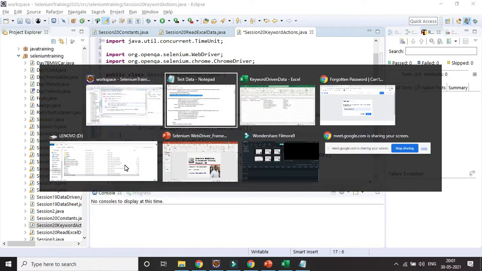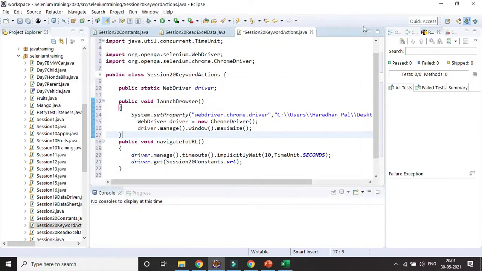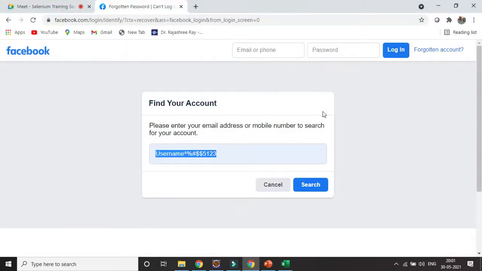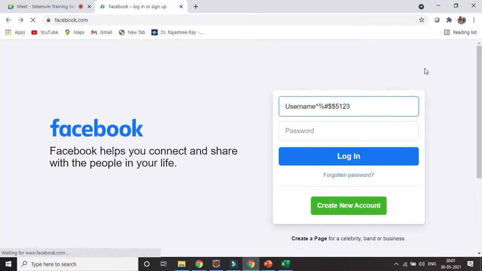Okay, then the next one is I will be entering the data for the email. So definitely I have to inspect the element first, with any of the attributes. Press the F12 button here.